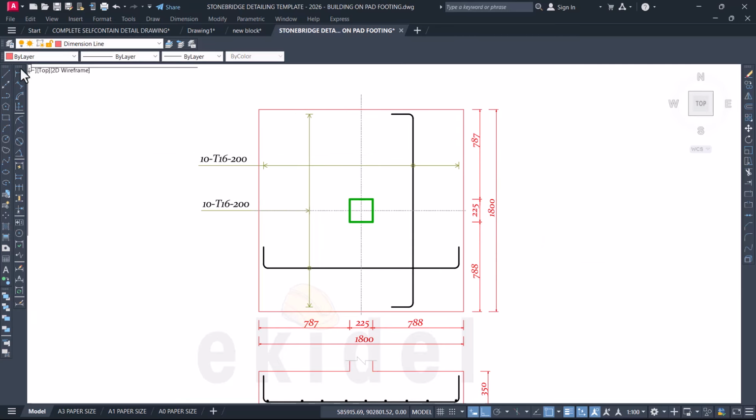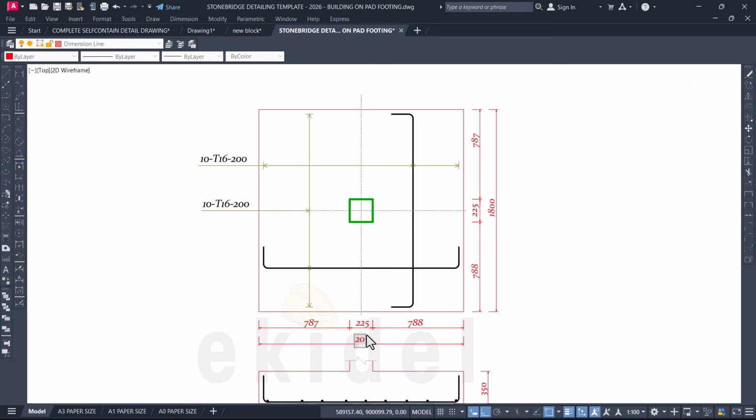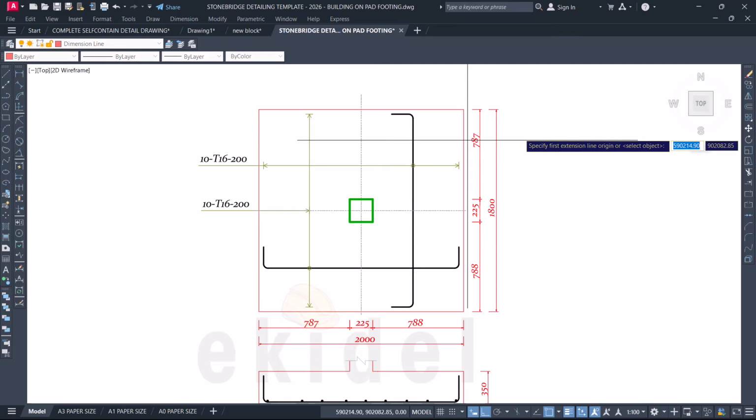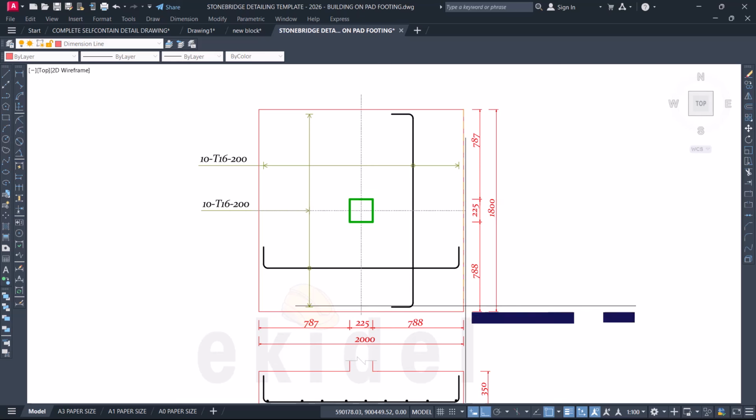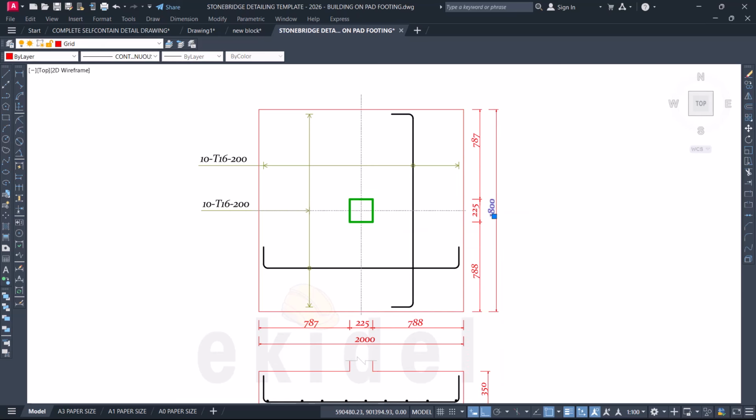So now let's measure from here to here, it gives us 2000. Can you see that? So now modify this to be 2000. Okay, 2000 here, 2000. Okay, that's fine. And then again from here to here, we have 2000. Okay, that's fine. Modify this to 2000, 2200. That's fine. Then let's now modify the other